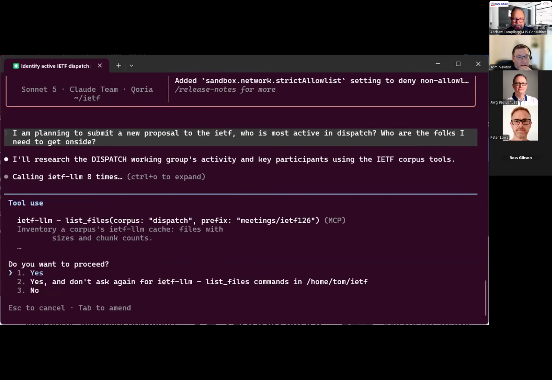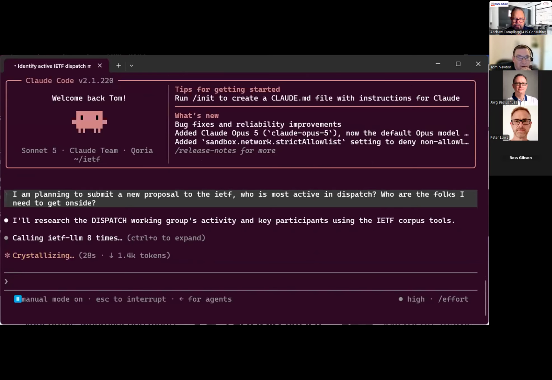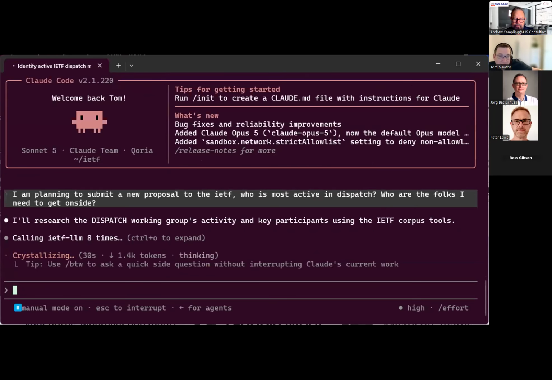So I'll just let Claude do its thinking. Yeah, keep going. Just go and do anything you like. Ruin my computer. I don't care. And the data is helpfully very, very structured. We're told that data tracker goes back quite some time, but gets sort of fuzzy as it gets a bit older. Probably wouldn't want to go back more than 4 or 5 years. But because it's got everything locally, it's saving me a fair chunk of tokens and a fair chunk of time to go and make this determination.